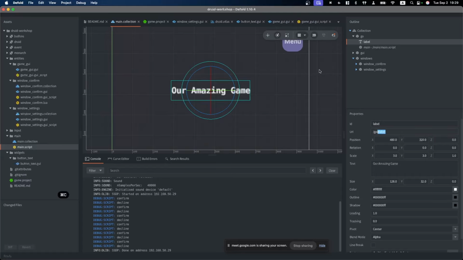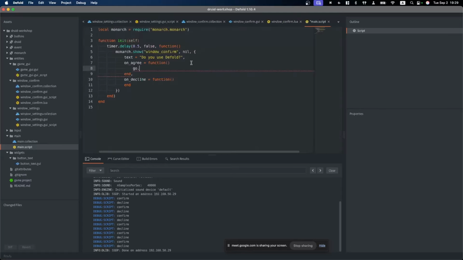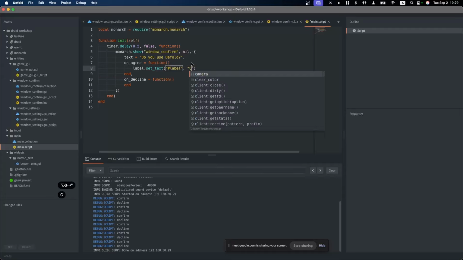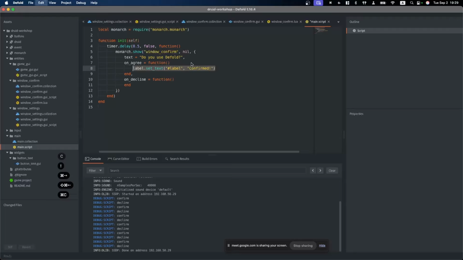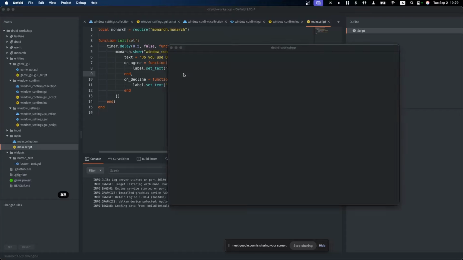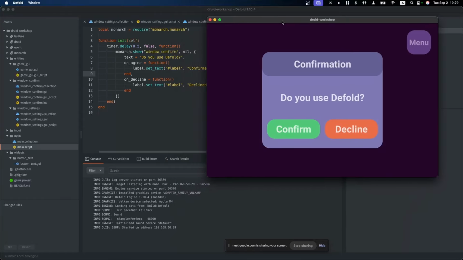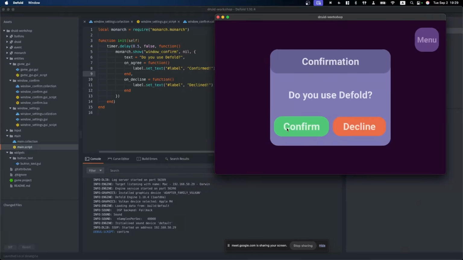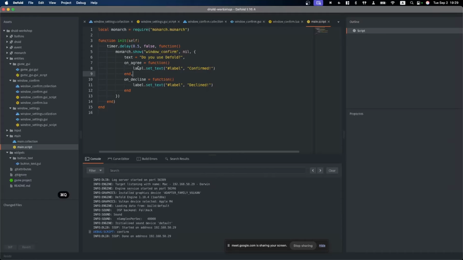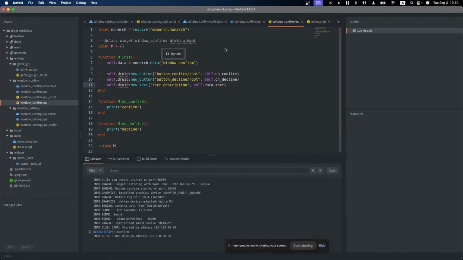Let's have a URL, go label. Let's use it here: label set text. The label, for example, confirmed or declined. If you already know Defold or are pretty experienced with it, you might see a pattern. If you call confirm, or you don't call it, I'm sorry, go to our window confirm collection.